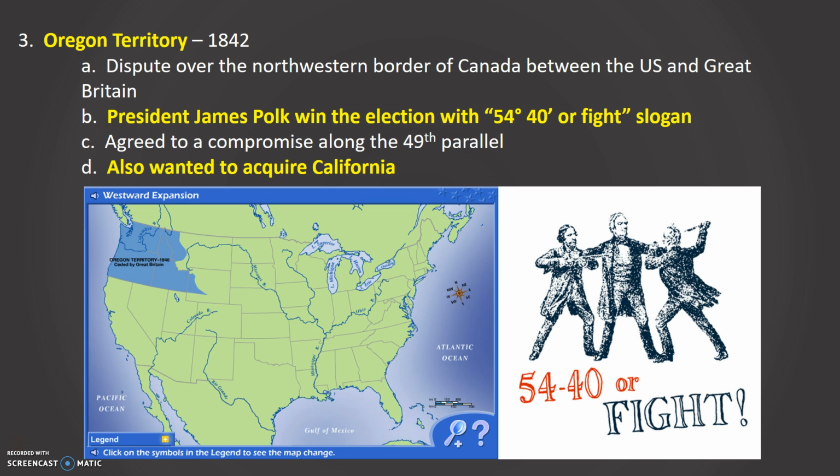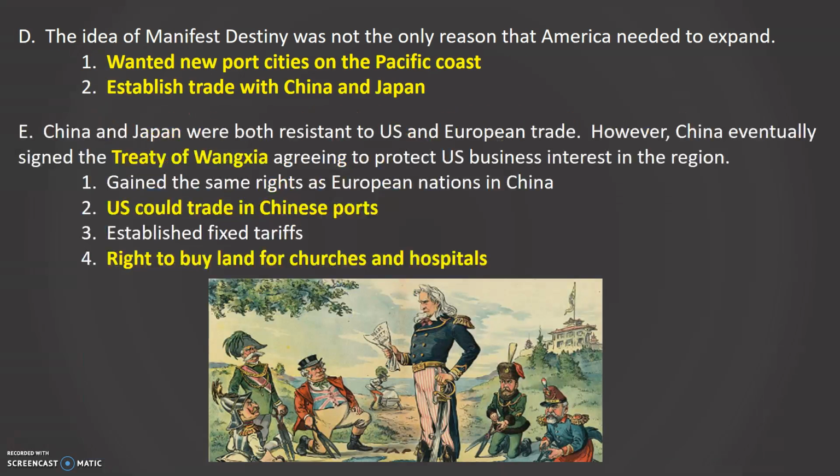Oregon is going to be acquired in 1842. It is going to be acquired because of the dispute between Canada and the United States and Great Britain. Basically, the issue is, where is the border between the United States and Canada? James Polk is going to win the election based upon his idea that the border should be 54°40′, which is going to be a lot higher than the existing border. Eventually, they're going to compromise that the border is going to be at the 49th parallel, and this is then going to be a place from the north where we control, and we say we can move southward and then eventually gain control of California.